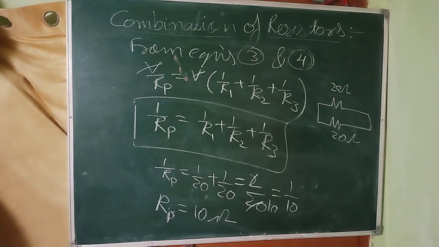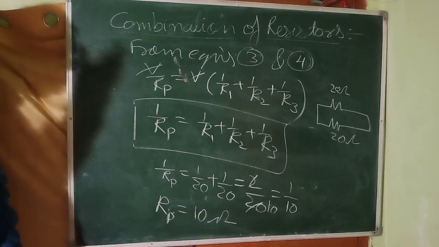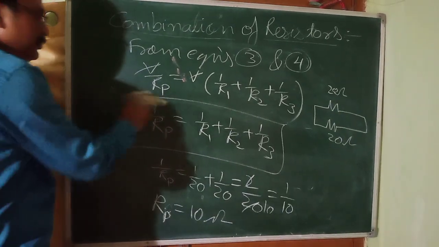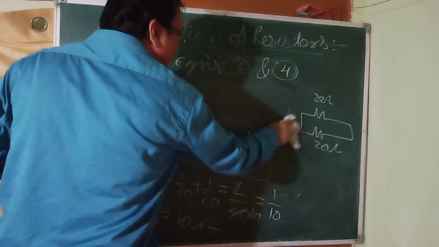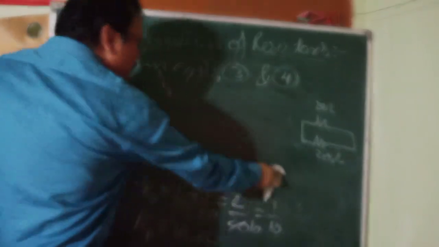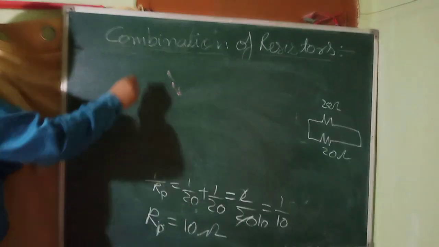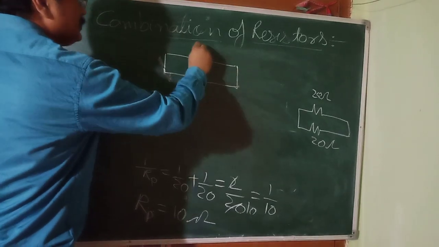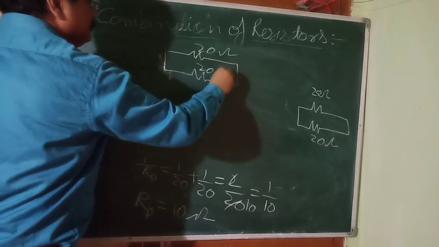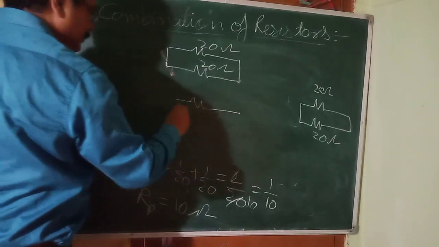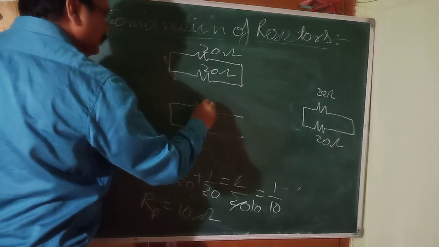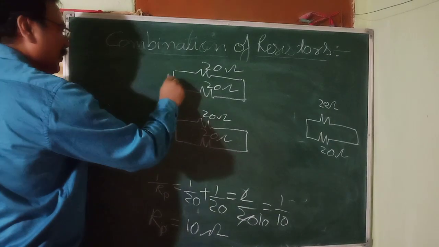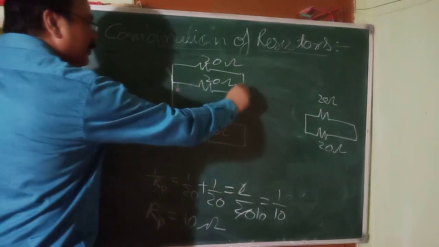Okay. Further, suppose you require a 5 ohm resistor. Then what will you do? Very nice. For getting a 5 ohm resistor, again you have to use the same parallel combination. How? Let me tell you how you can use that. You have got only 20 ohm resistors. This is 20 ohm. This is also 20 ohm. This is 20 ohm. This is also 20 ohm. Okay. Now, you are going to connect them in parallel.